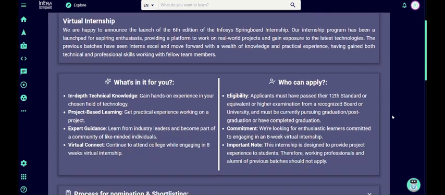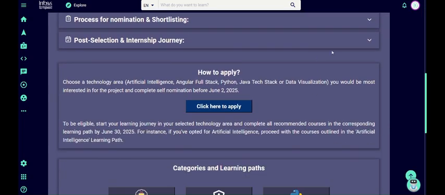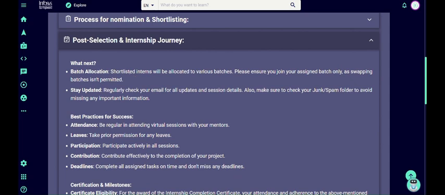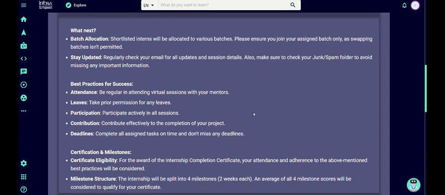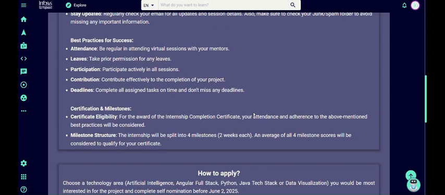What is the post internship? As I said, they will create a batch of you and your batchmates. Regular attendance is mandatory. If you want to take leave, take prior permission from your mentor. Participate actively in all sessions, contribute, and complete the deadlines. And for certification, there are